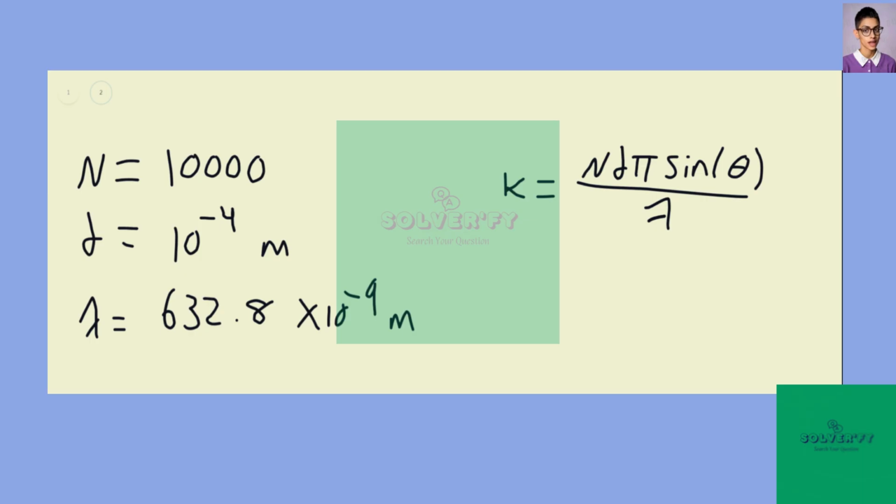And we can plug in all our known values here, and we're just left with a function that depends on theta. So we get that the total light intensity coming from the grating is